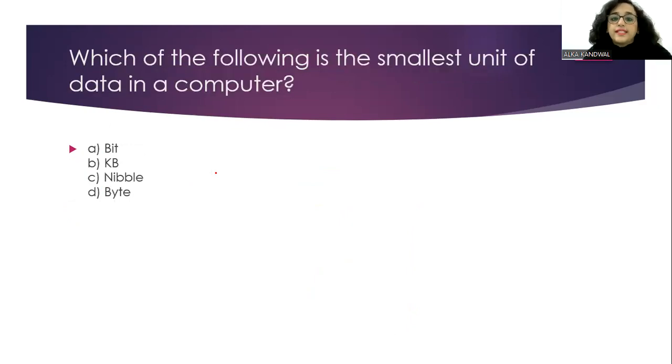Which of the following is the smallest unit of data in a computer? So when we talk about bit, तो smallest तो bit होता है जब हम 0 and 1 को हम लोग binary digit या bit बोलते हैं. Bit के बाद आता है nibble, and then we are having byte. अगर इसको ascending order में करना होता तो हम ऐसे करते, bit, nibble, byte, and then the kilobyte, then megabyte, gigabyte, terabyte, petabyte, and then zettabyte, yottabyte.